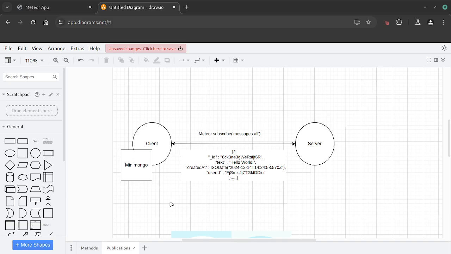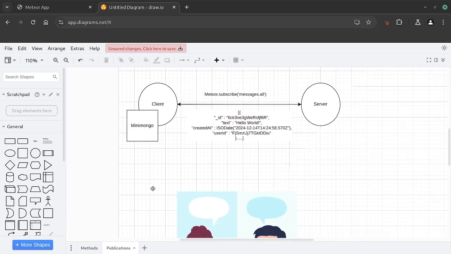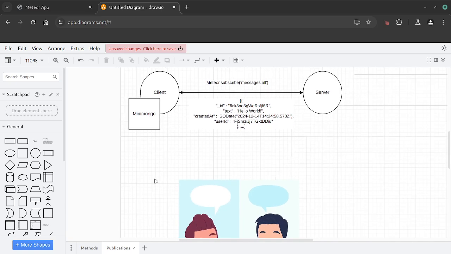Okay, publications are continuous two-way communication. For publications, try to think of it more as a phone call, okay? Both sides remain on the call and can interact with each other simultaneously. The client establishes a connection with the server and it keeps it open during the whole operation. And the server is responsible for keeping track of changes to your subscribed data source and sending the latest updates